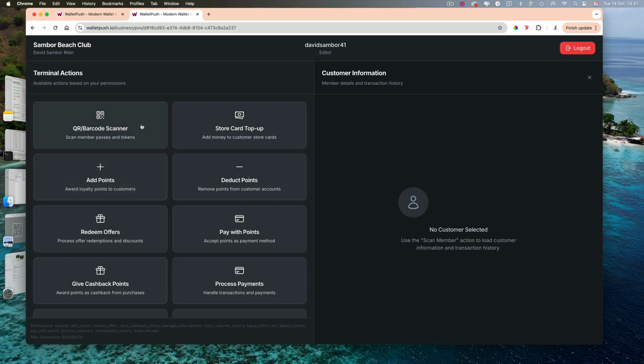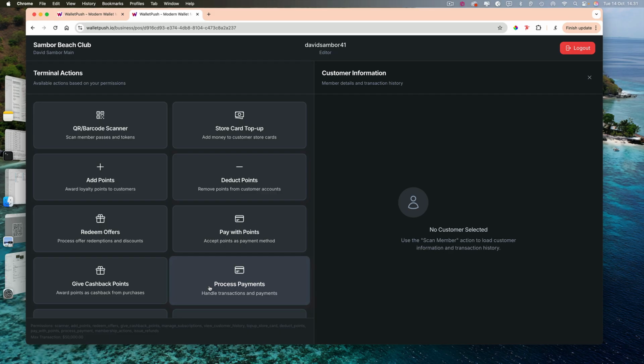On mobile, it looks identical. If I was to scale this down on mobile, it's the exact same thing, but it works the other way around. Obviously I'm on desktop, so it's not going to work, but if on mobile I click QR code scanner, I then scan the QR code in the mobile wallet pass and it's going to do the exact same thing. It's going to load Fela into here, my wife's going to load her, and we then take the actions,